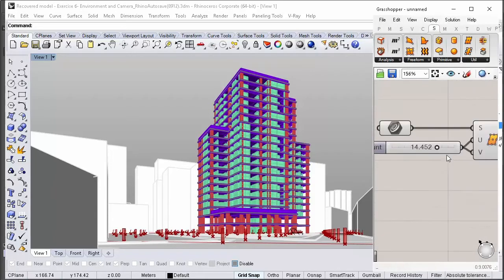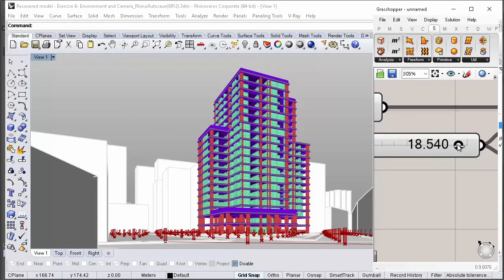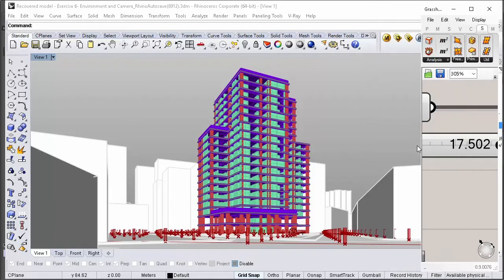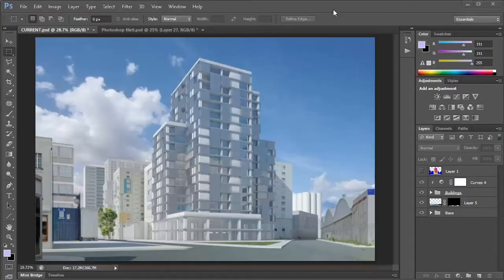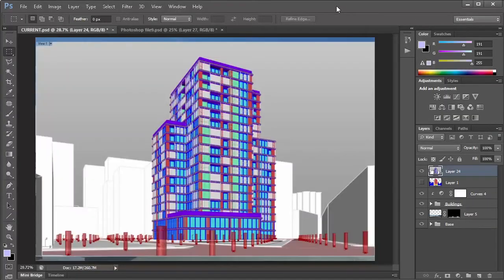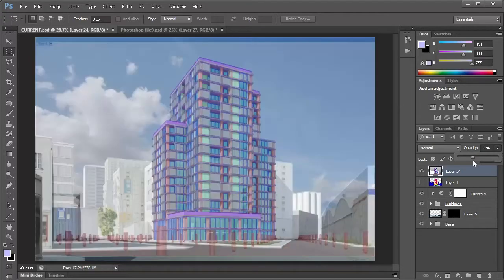You can add more or fewer people or references as you need. And now anywhere along these lines or on the surface where you place a person, then you have a reference close by that tells you more or less what size that person should be. So that's kind of what it's looking like. And you might just want to change the opacity of this a bit.